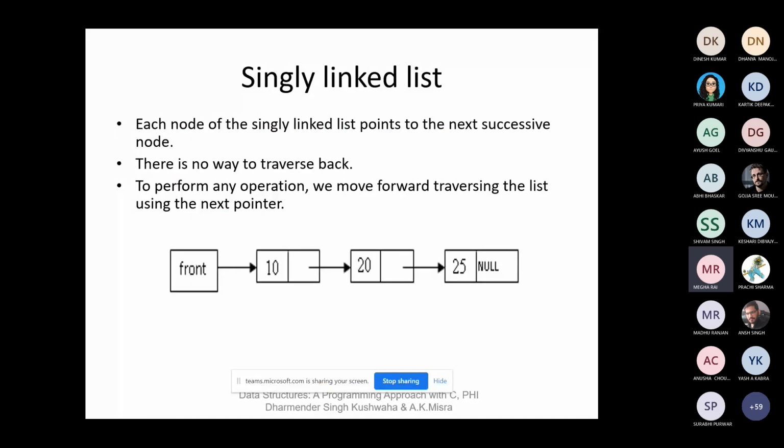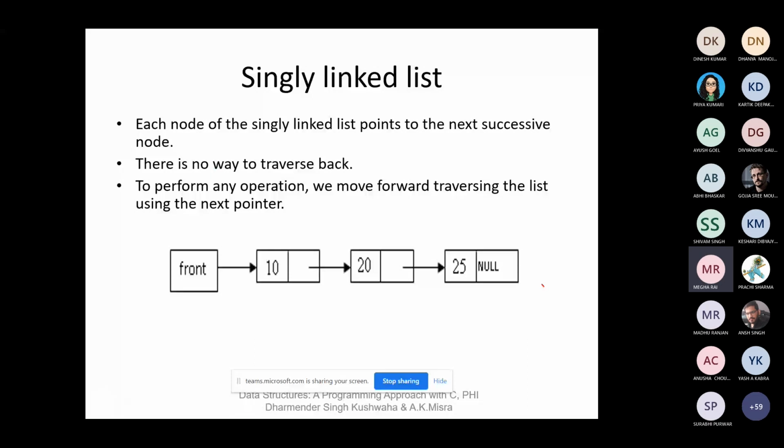There are some characteristics. As I have already told you, each node of the single linked list points to the next successive node. There is no way to traverse back.